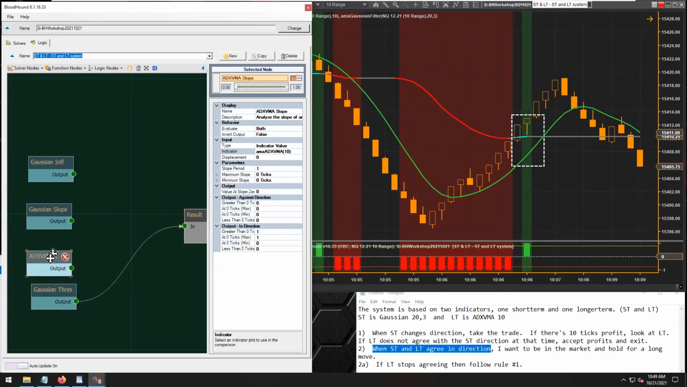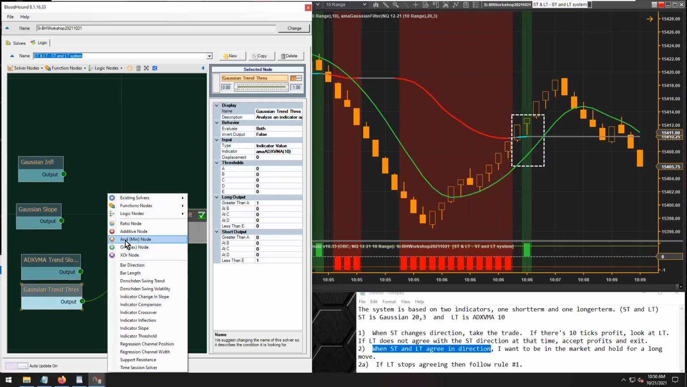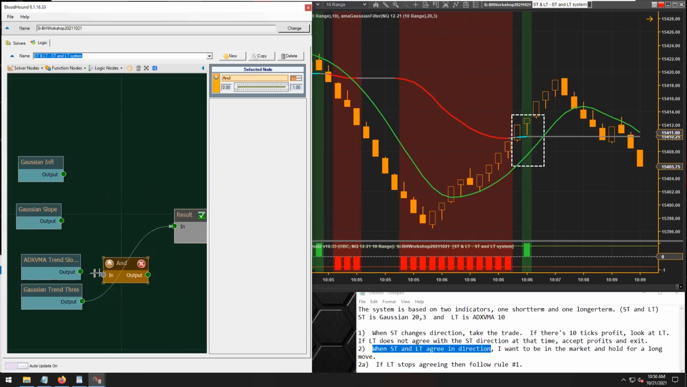So now if we combine the actual, right, so actually I should clarify these names here. We're actually looking at the slope of the trend output. And the same thing over here, for the threshold solver, we're looking at the trend output there. Right. So now, if we grab an AND node,